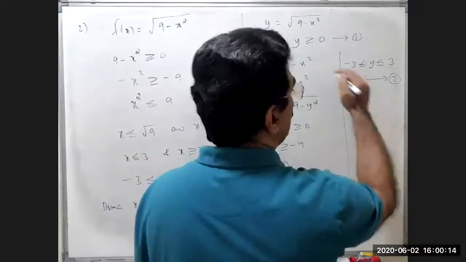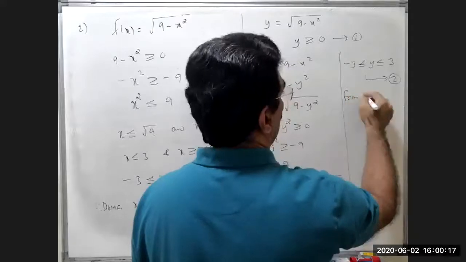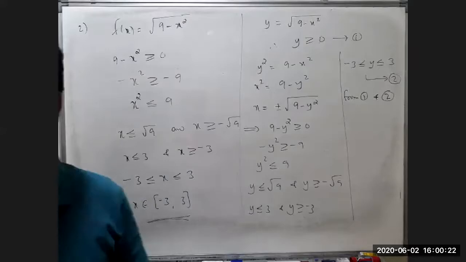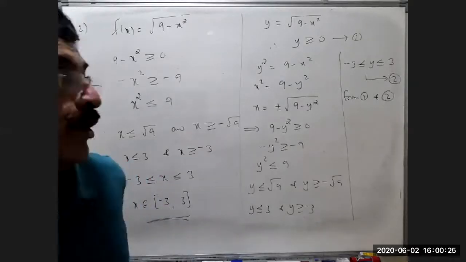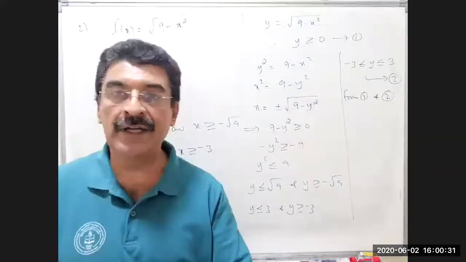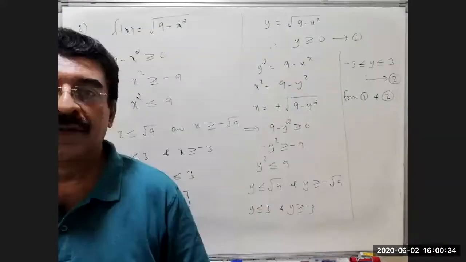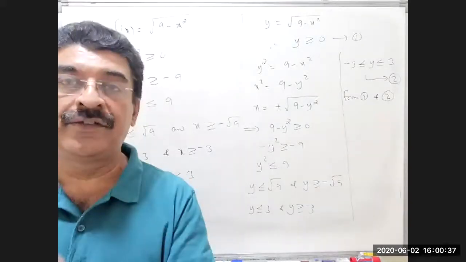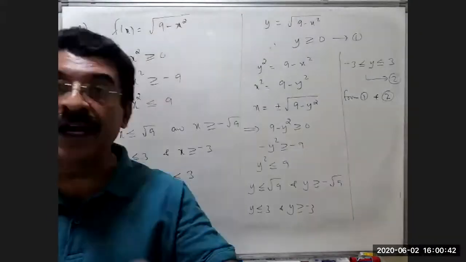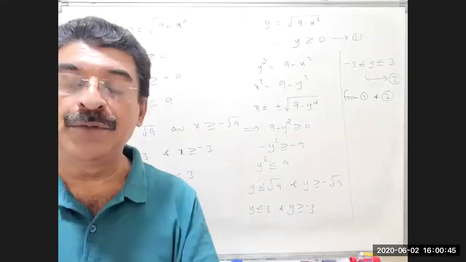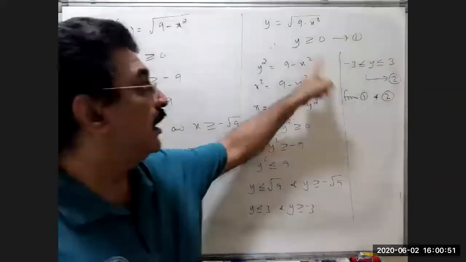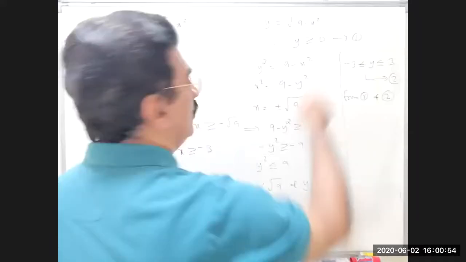Now, from 1 and 2, we got two conditions for y. The first condition, we said y is positive, it is not negative, greater than or equal to 0. Then we said y is between minus 3 and 3. y should be non-negative and it is between minus 3 and 3. Then combining these two, what is the value of y satisfying both? See, if you are drawing the figure,